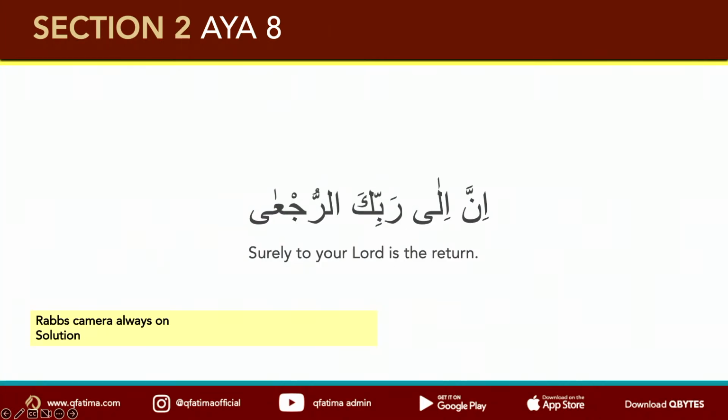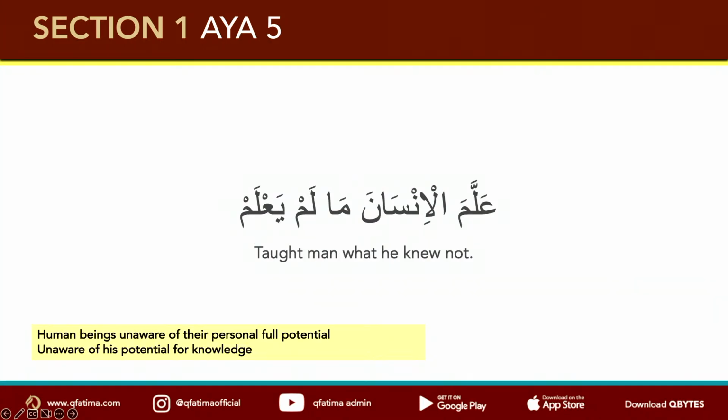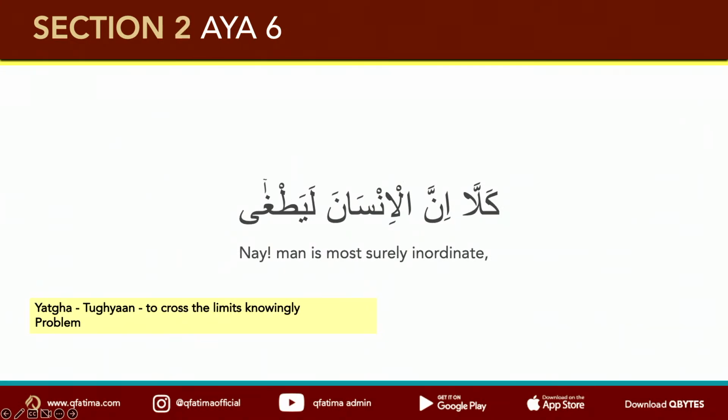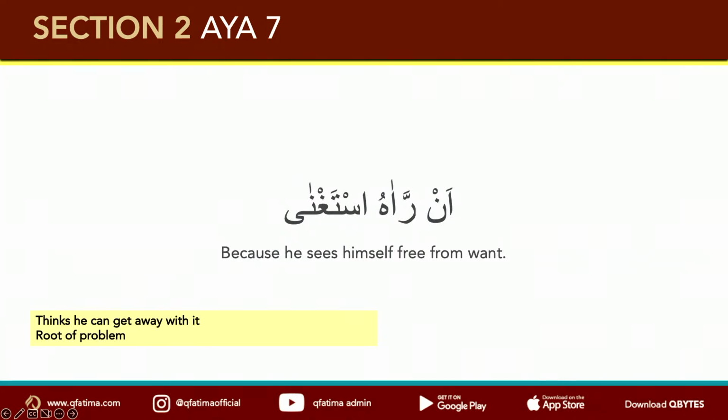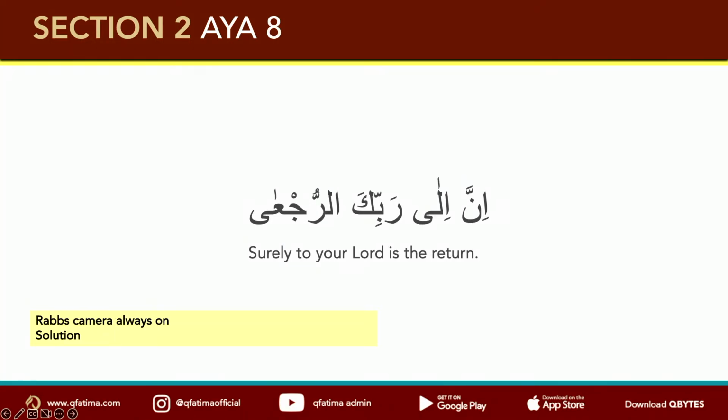So that's section 2. I'll go back again, just so that we have it right. Section 2 tells me the problem with a human being not wanting to learn divine guidance, not wanting to learn the Quran, not wanting to learn what the Prophet said, is because he's rebellious. And he's rebellious because he thinks he can get away with it. I don't know how many times you've seen speed cameras, but on Waze it actually tells you whether the speed camera is working or not. And if it's not working, you may try to cross it a bit further than you should because you're not going to get caught. And then he says, hello, I'm watching. Inna ila rabbika ruj'a.